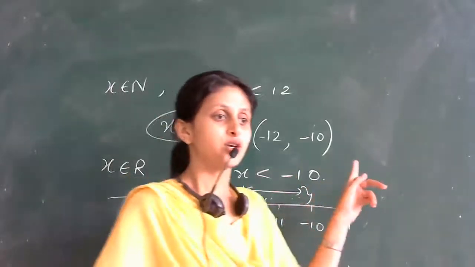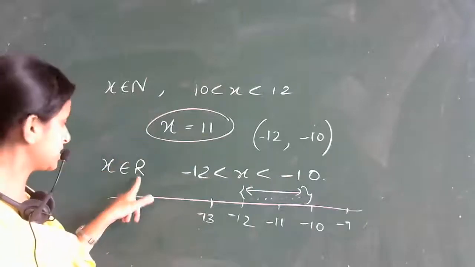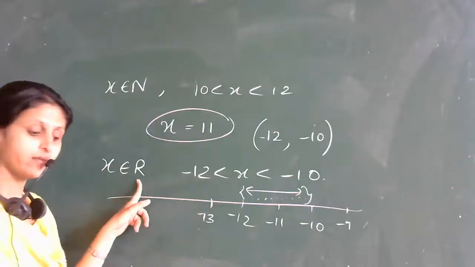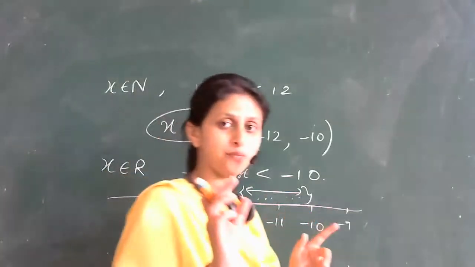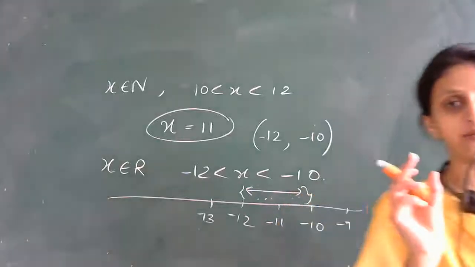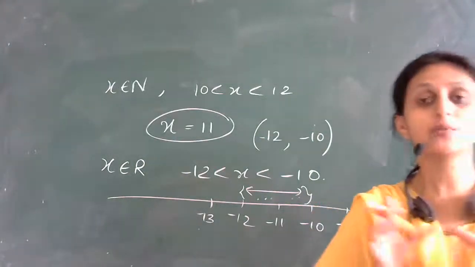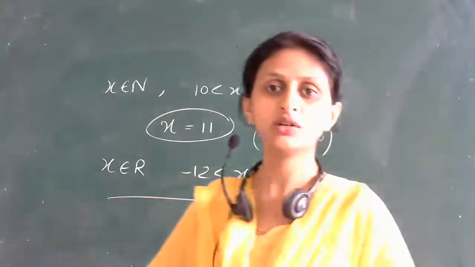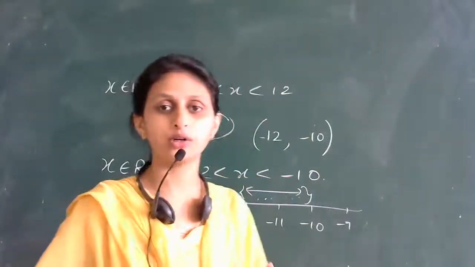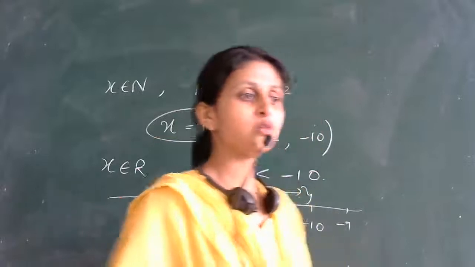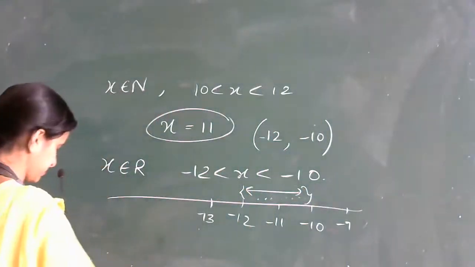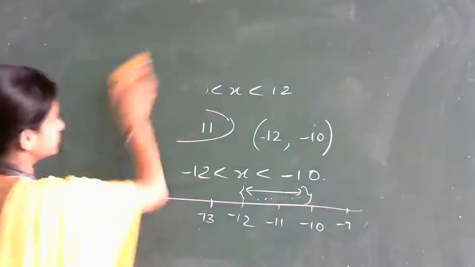Right, students? Here x belongs to real numbers, not natural numbers. So this is very important. Whenever they are giving you a set in set builder form, read it properly, each and everything. Whether it is natural number or real number or integer or positive integer or negative integer, those all things are very, very important. Is that clear now, Suvarna? Yes, is it clear?